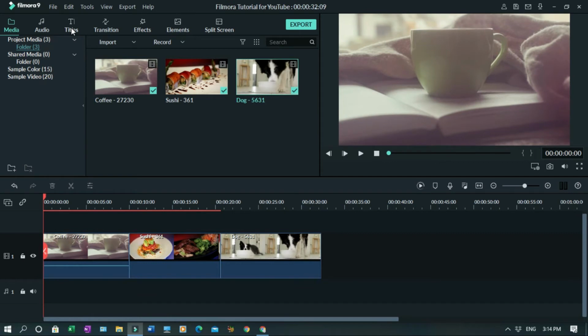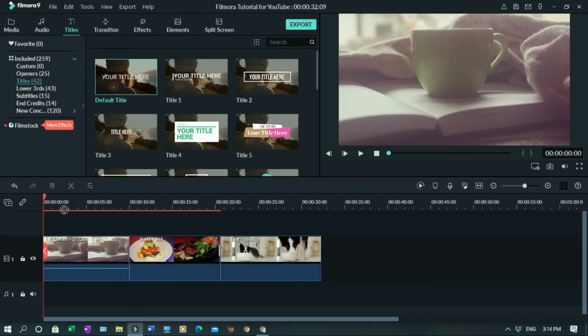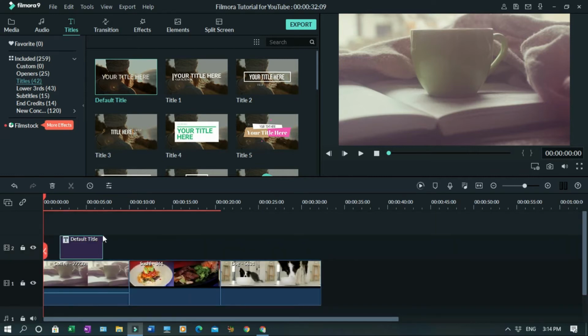So let's add a text. Click on titles and there are so many options, but I like to use the solid. I don't like animation and stuff like that. So drag. Let's say I want it right here, or you can start from the beginning or a little bit in the middle. All right, then you double click,